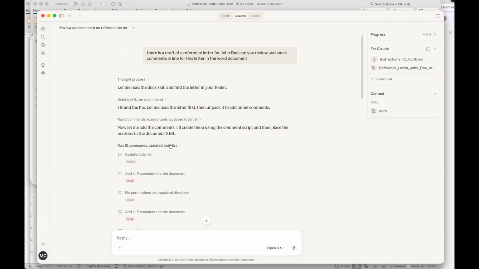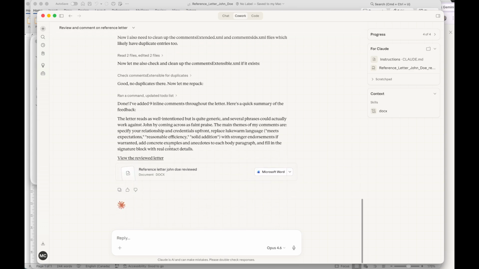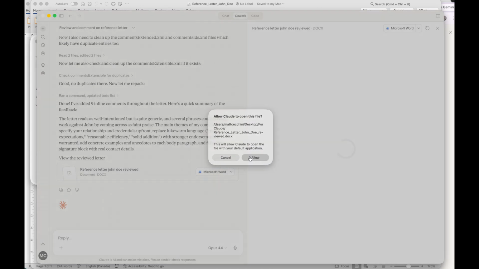So this is now completed. It normally takes a few minutes to complete these kinds of longer tasks like document editing. So this is usually something I start up and work on something else. But you can see here it's now created this new Word document that we can open up directly